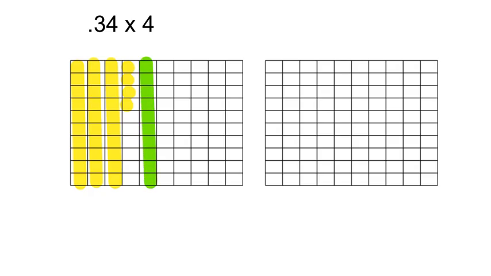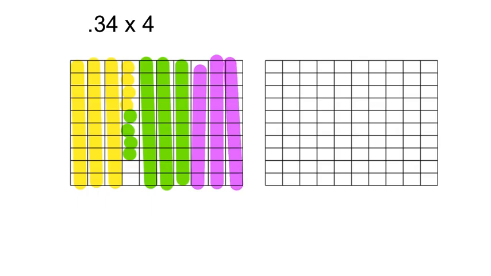I'm going to highlight 1 tenth, 2 tenths, 3 tenths, and I'm going to add the 4 hundredths to the bottom of the hundredths from my last number. Now I need to make a third 34 hundredths. 1, 2, 3, and I'm going to continue adding on to the hundredths column until it's completely filled. Now that that column is filled, I know I have 2 more hundredths left, and I'm going to start a